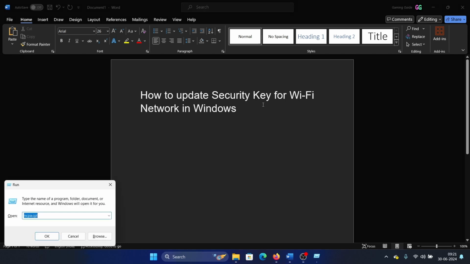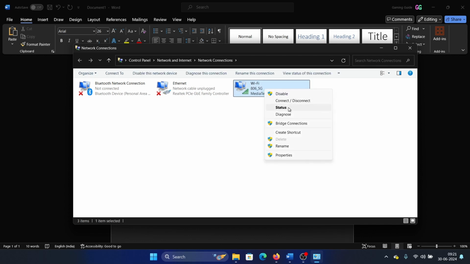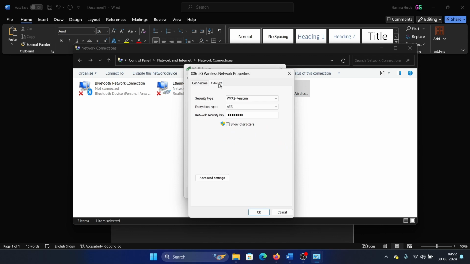Press the Windows key and the R button together to open the Run window. Type the command ncpa.cpl and hit enter, and then right click on the active network connection, select status, click on Wi-Fi properties, go to security. We have the network key here. You can also click on show characters to check it, and then you can change it to something else like